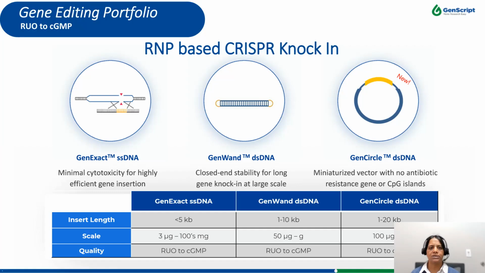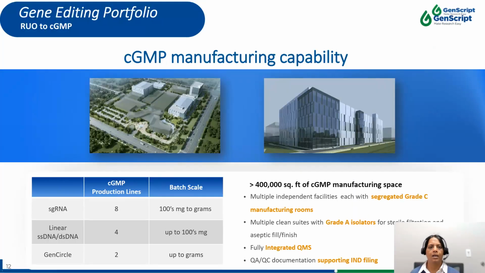And our products are specifically designed to minimize toxicity, and they also allow scaling up, supporting future CMC work and making them highly suitable for GMP manufacturing. Importantly, we have the manufacturing capability for all the three HDR modalities, sgRNA, mRNA, from discovery phase to the GMP grade production. To meet the growing demand of reagents for both research and clinical grade, we expanded our manufacturing facility